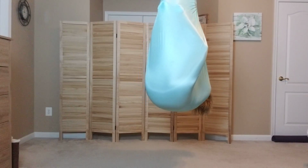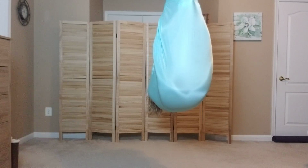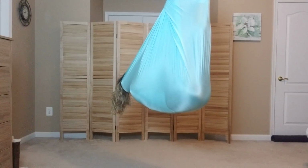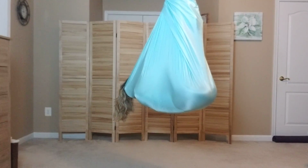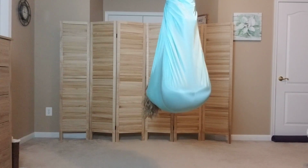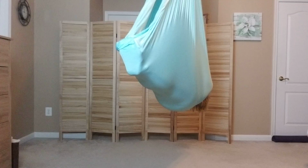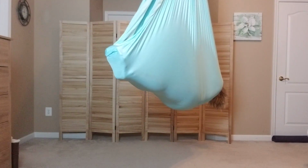If at any time you're like, oh, I'm not really certain about sleeping bear, I'm not sure that I got it right, don't worry, it took me probably 3 dozen times before I finally got the origami correct. But at any time you can always just, don't worry about your knees opening up and let your heels just be heavy in the elephant ears and your knees can bend, and it's kind of like you're tucked into an upside down ball. Or if you don't like your feet up at all, you can always come down into feet fully in the silk for the full length of cocoon. And here you can rest in Shavasana,